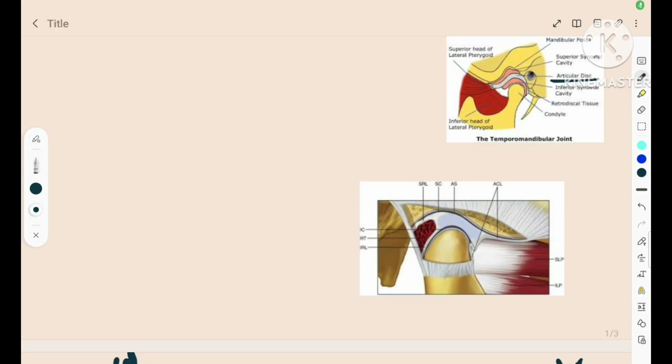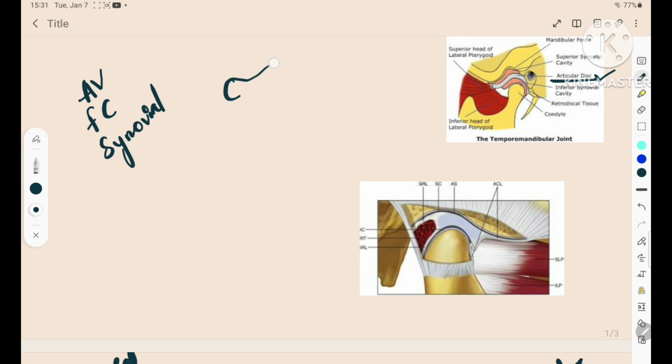I want to add some more points about the articular disc. What we already know is that it is an avascular structure and it is made up of fibrous cartilage. It gets its nutrition from the synovial fluid, which is already present in the joint cavity. The next thing we need to know is its shape, which is biconcave. Because of this biconcave nature, in the middle, that is in the intermediate zone, it is very thin,